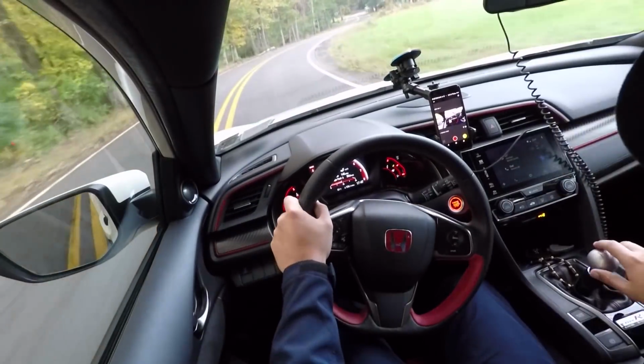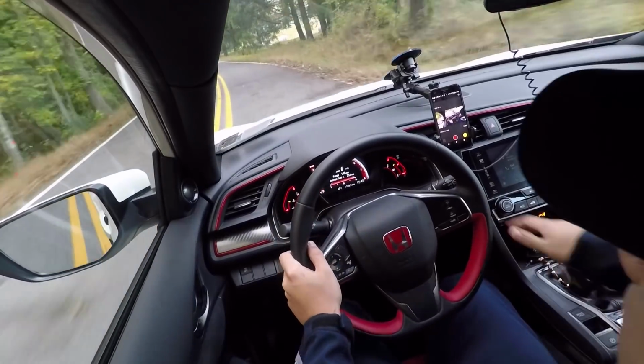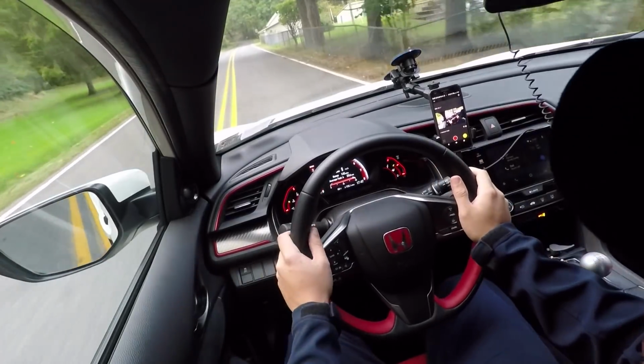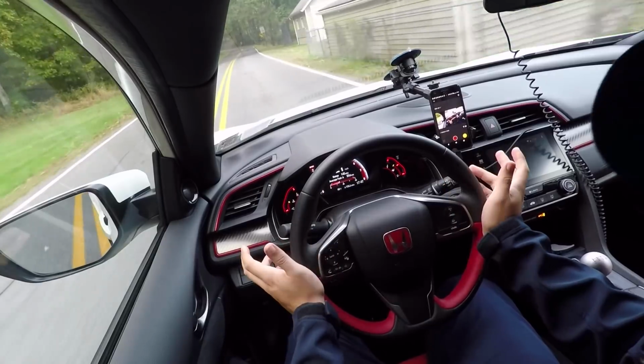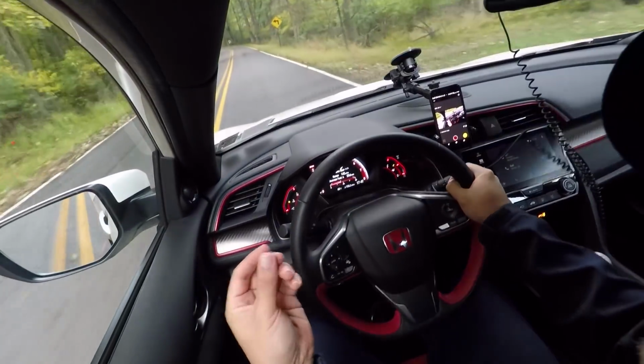I'm in fourth gear right now. I'll put it in third without rev matching, and I'll let go of the clutch and put it in second without rev matching, and you'll see the car kind of bucks and stuff like that. People are used to it. Some people who are good at doing that will let go of the clutch slowly. But what that does is it wears out your synchros a little bit faster, but more than that, it wears out